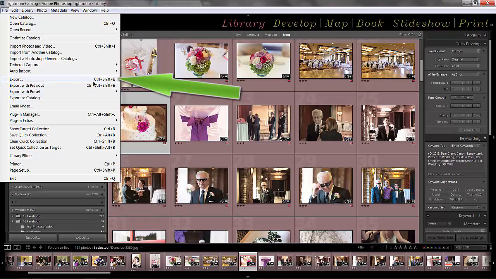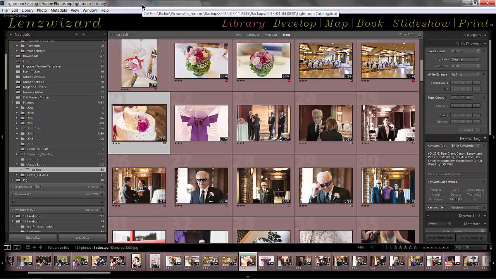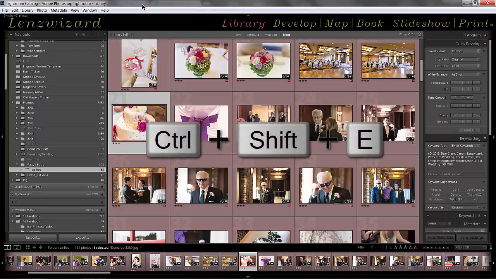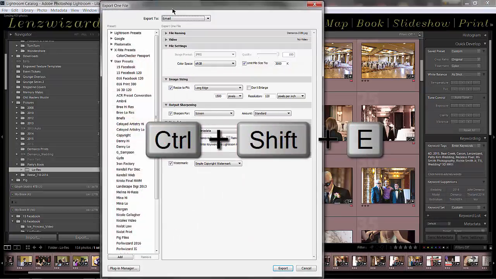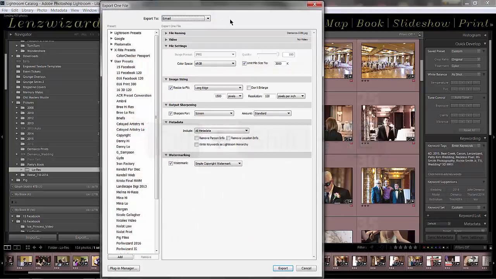But if you look over here, on Export you will see Control-Shift-E, and that is your keyboard shortcut. And if you've seen my other videos, you know I'm all about using keyboard shortcuts and teaching them right at the beginning, because they make life a whole lot easier. That's why they're there, and that's why they're called shortcuts. So on a PC, it's going to be Control-Shift-E. It's like stair steps. Go right up. It will open up this dialog window,